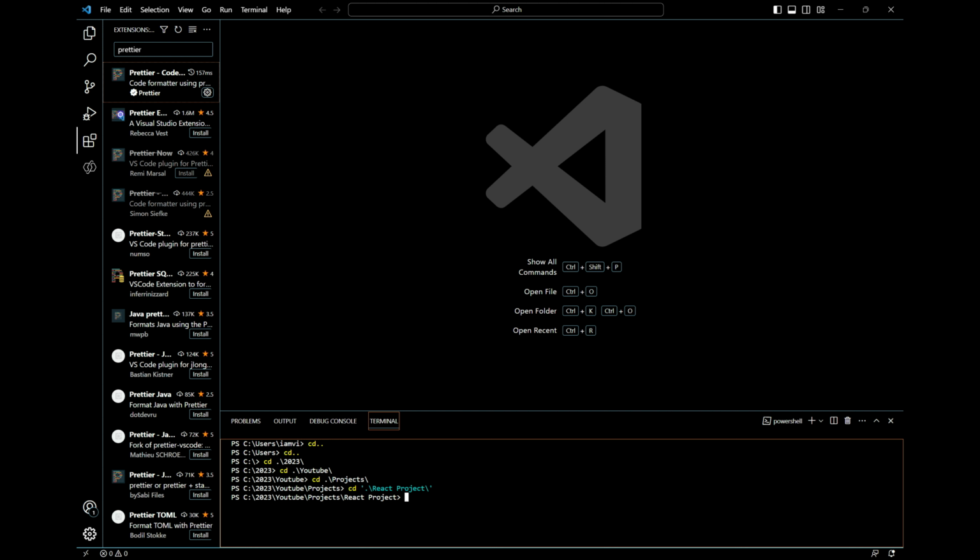Now once we are done with the folder path, we will try to create the app. To create a new app with Vite, you have to write npm create vite at latest if you want the latest version. So we'll write here npm create vite at 4.1.0. npm will ask us do we want to install this package. We'll write yes. So by default it is a Vite project, but we'll make it React app,